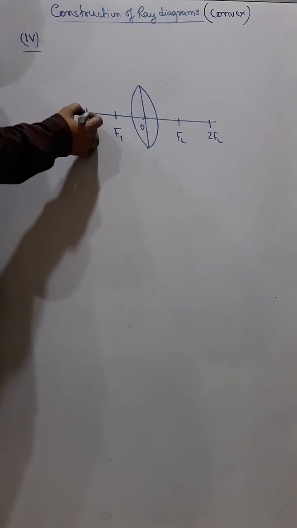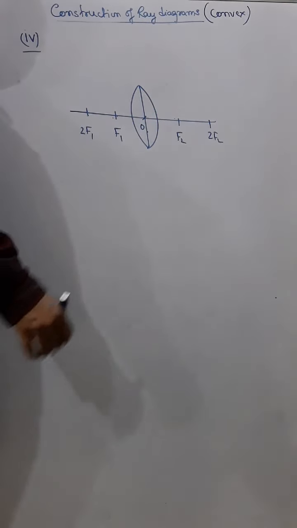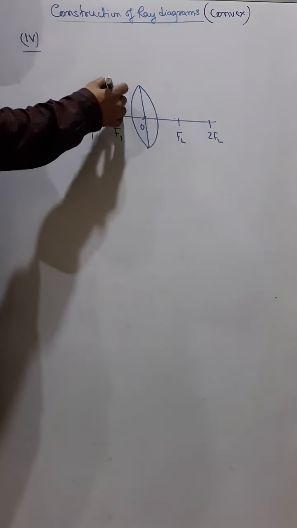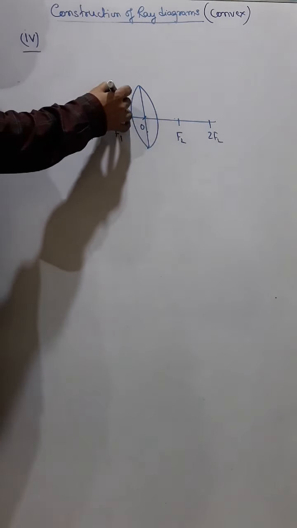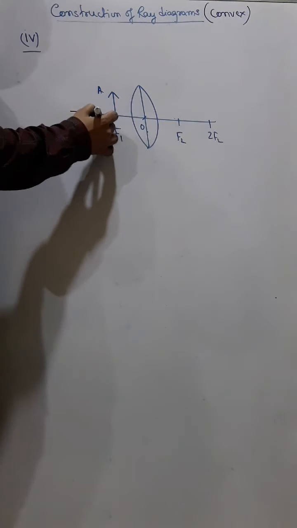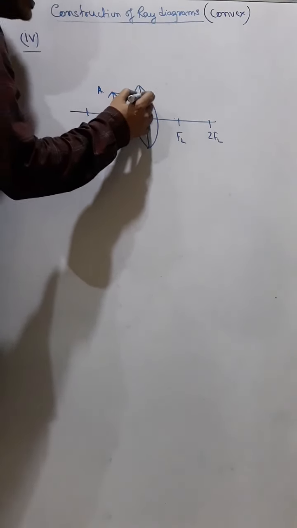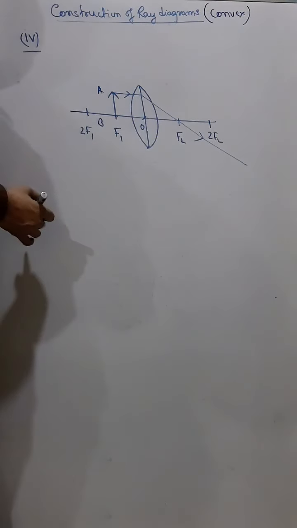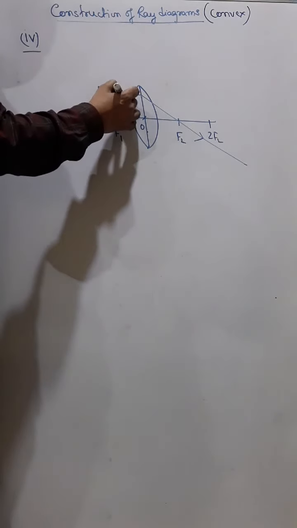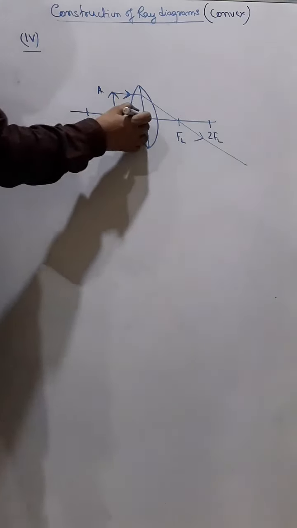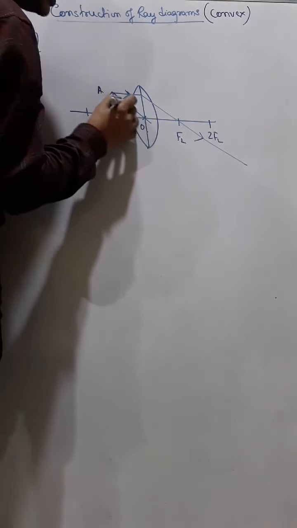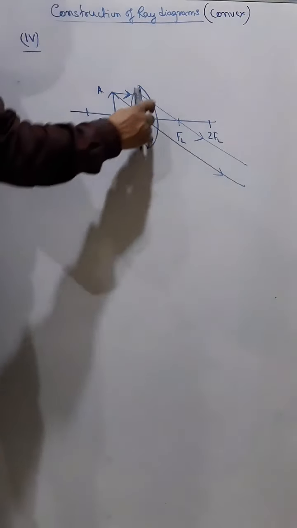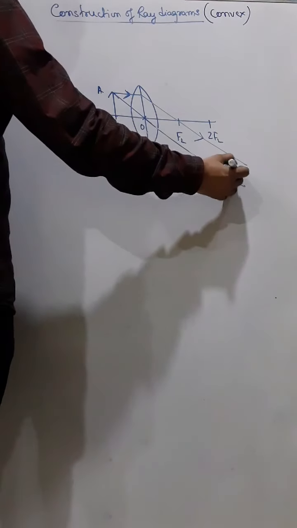Next, between 2f and f1 I am not explaining, so you can understand. Similarly, in all diagrams you can find the same. Now we'll see the object at focus. Here also you can draw parallel rays of light, and they will pass through this focus straight. Then the next one, the ray passing through the optical center. You will find that these two rays of light never meet, so that means the image is at infinity.